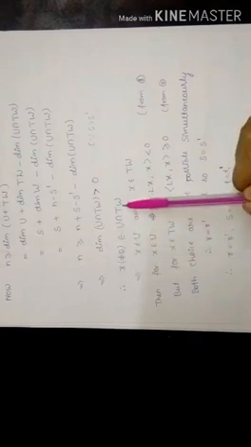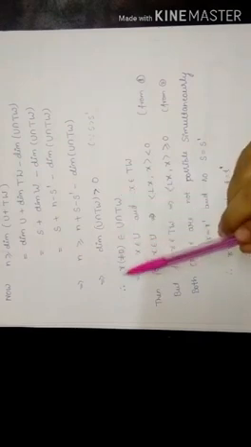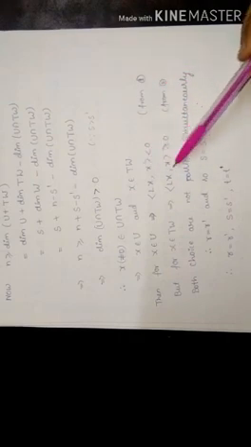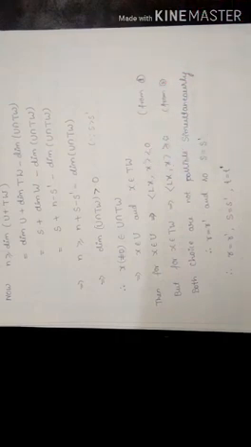Now let us consider x not equal to 0 belonging to U intersection TW. Then x belongs to U and x belongs to TW. For x belonging to U, the inner product of Lx comma x is less than 0, from equation 1. For x belonging to TW, the inner product of Lx comma x is greater than or equal to 0, from equation 2. These two cannot hold simultaneously. Therefore R is equal to R dash, and so S is equal to S dash, and hence R is equal to R dash, S is equal to S dash, and T is equal to T dash, and hence the proof.